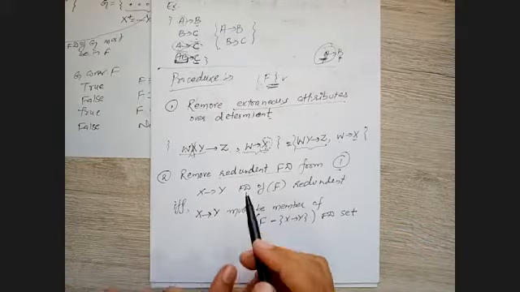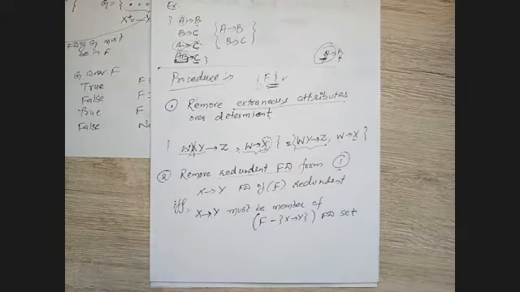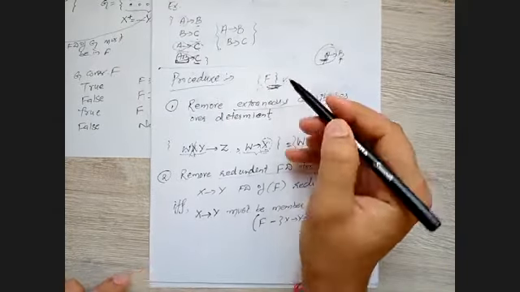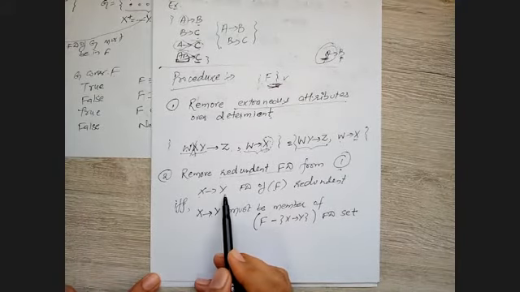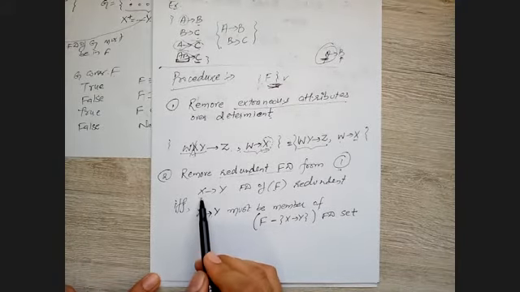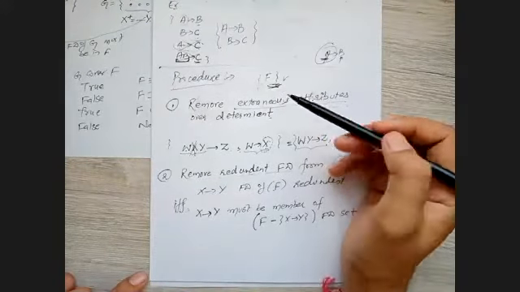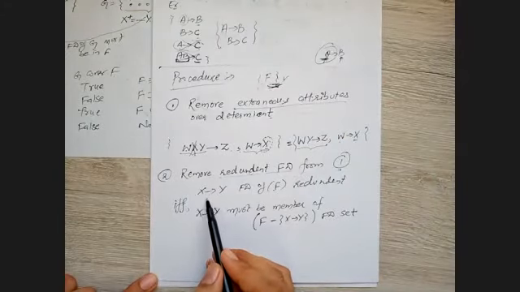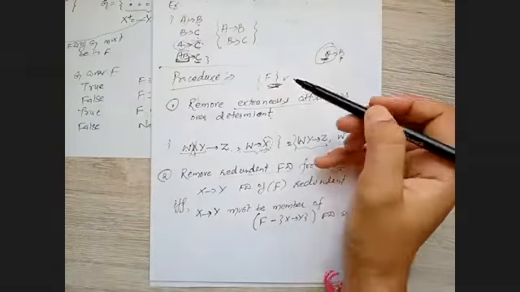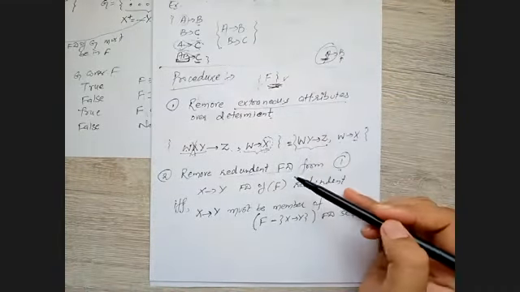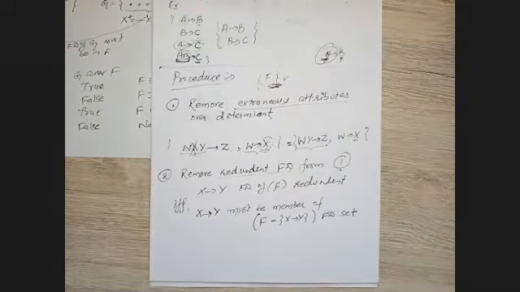See, understand the logic. I am saying that the functional dependency is redundant. It means that in a given set of functional dependencies, if we remove this functional dependency or we consider it, there is no effect on my original functional dependencies. Either the presence or absence of this functional dependency doesn't change the logic of our original set, then definitely it's redundant. So that's why we generally remove such functional dependencies.